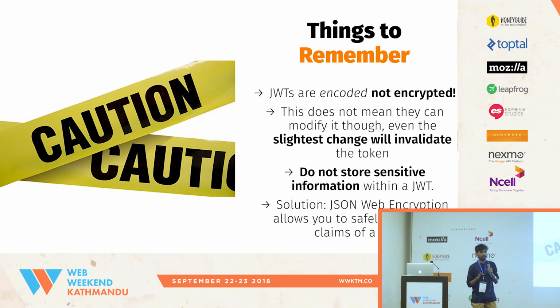Anybody can read doesn't mean that anybody can change it, because we have a kind of hashing method, like a signature, which is going to verify your JWT. So if somebody changes your data, even a slight change, we will validate that signature. So let's move on. The thing is, don't store your sensitive data inside JWT. Like, don't store your password, because anybody can read it.